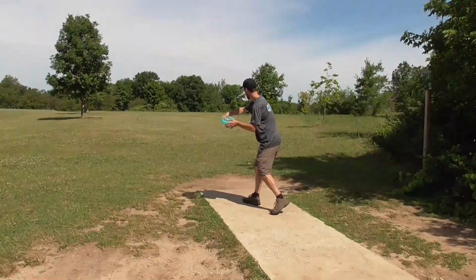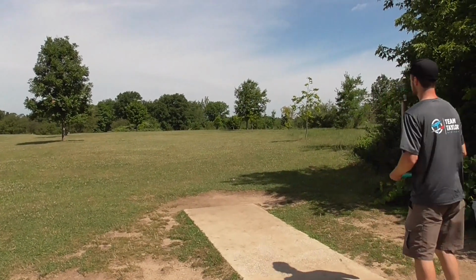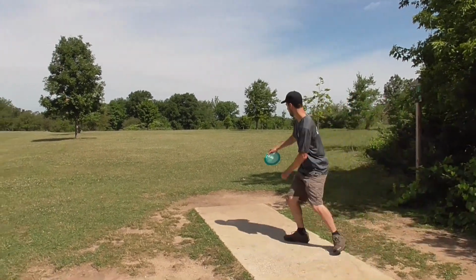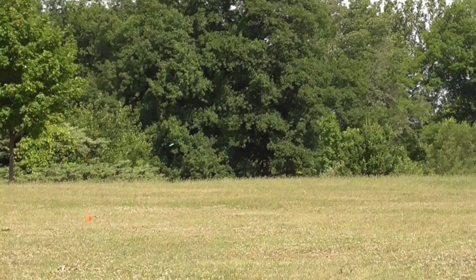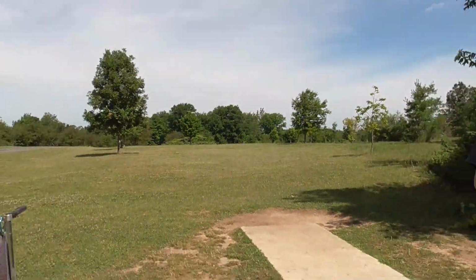On this hole, we learned that you wanna put it more to the right than you think, when we were on this the first time. Not super far to the right, because I believe for the River City Open, they're gonna be making the weeds on the right side OB. So you don't want to go too far to the right, but you don't want to go too far to the left either, because you could end up...